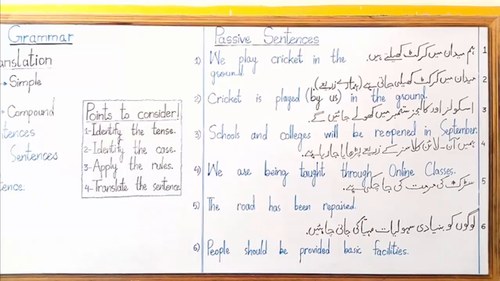Does this sentence belong to any one of these 12 tenses we have studied? Yes, it doesn't belong to tenses, it belongs to modal auxiliary verbs. You remember in the earlier classes you people have studied about modal auxiliary verbs, which are can, could, will be able to, should, have to, had to, may, might, and so on and so forth. This sentence belongs to should as modal auxiliary verb. मुहैया की जानी चाहिए. People should be provided basic facilities. The passive sentence is this. People should be provided basic facilities.